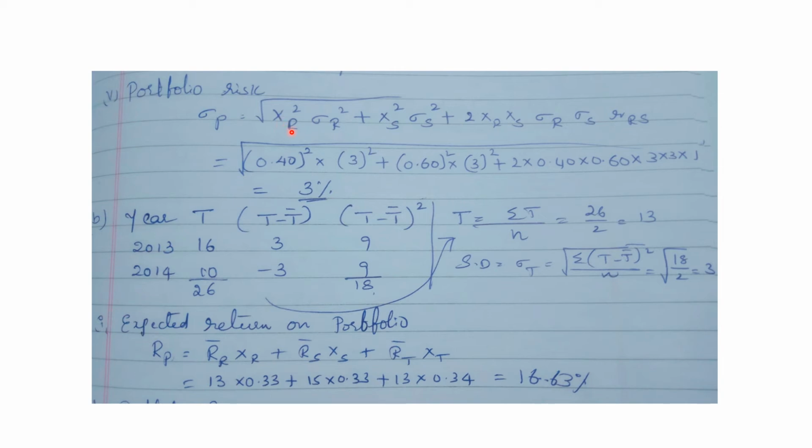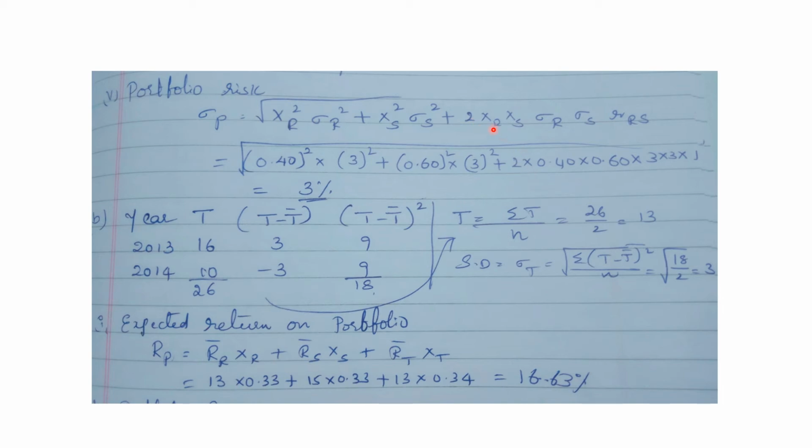So X_R squared, that is the weight of the stock R, you have to take 0.4, 40%. So 0.4 the whole square into standard deviation R square, that is 3 the whole square, plus weight of stock S, that is 60%, 0.6 the whole square into standard deviation 3 the whole square, plus